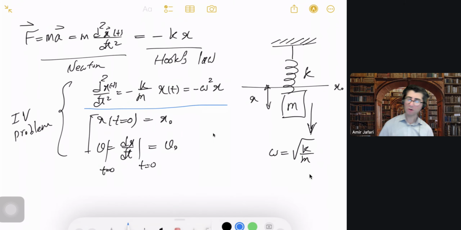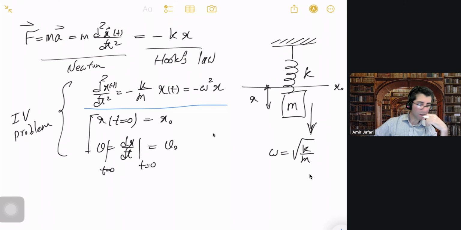Okay, and there are different ways to solve this equation. Again, because I'm trying to keep everything simple in these lectures, let me solve it for you using different methods. So how can you basically solve it? Well, the first way of looking at this problem, solving this equation, is that, well, think about this